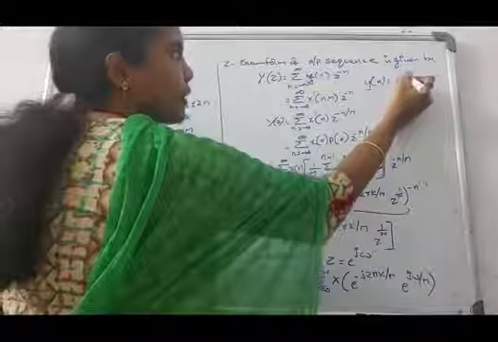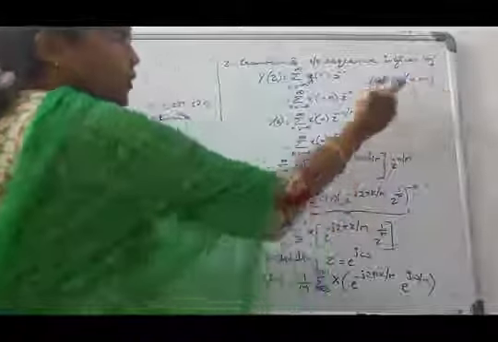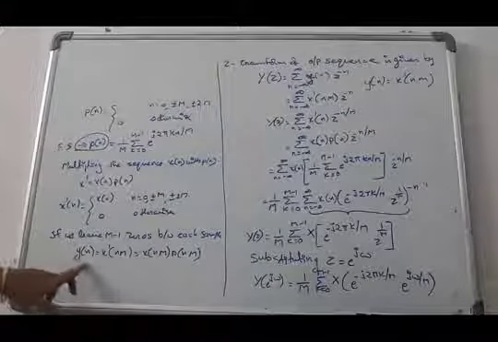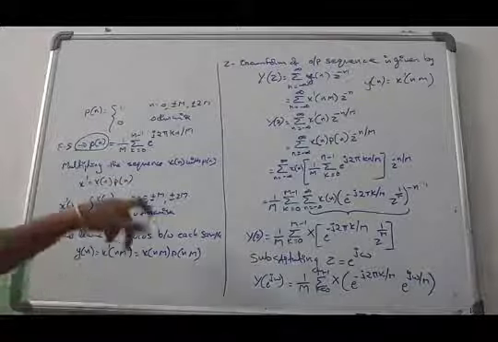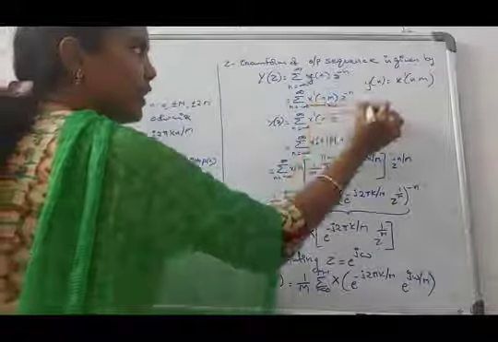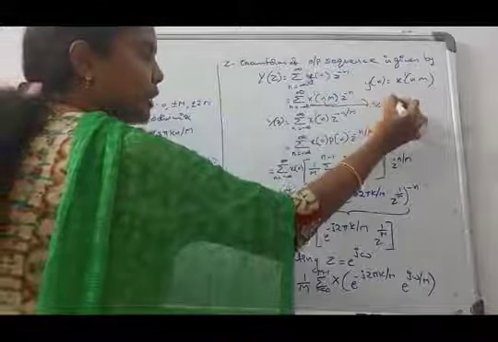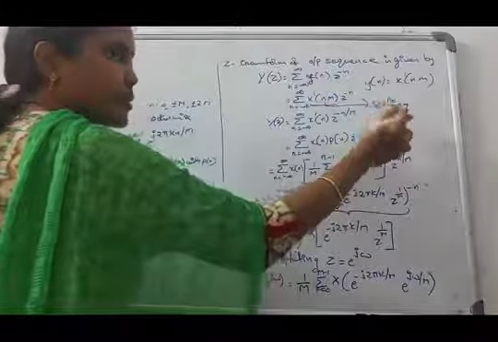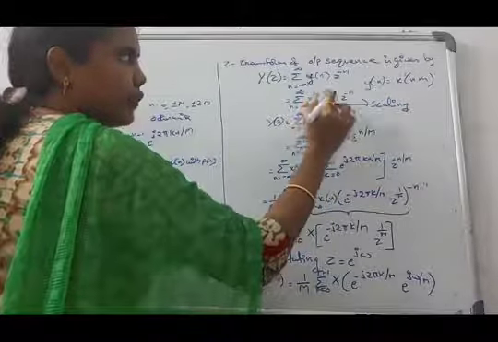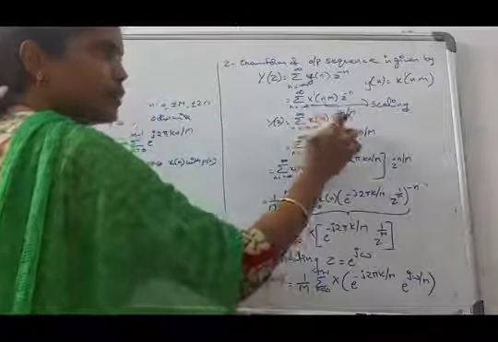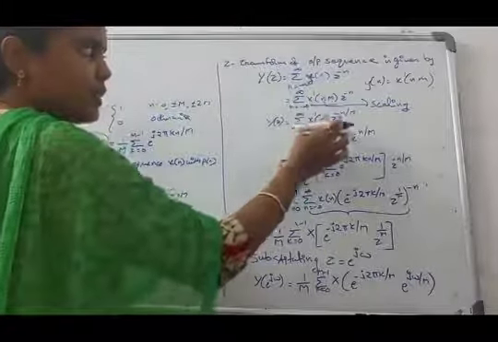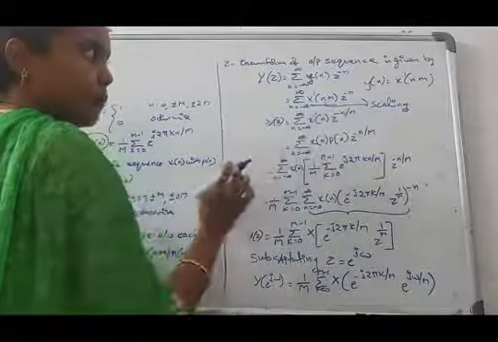So in graphical representation, I already told y of n is equal to x dash of nm. Then substitute x dash of nm. This is a scaling factor. By the Fourier transform scaling property, x of nm is equal to x of n into z power minus n by m. So you have to write it as x of n z power minus n by m.